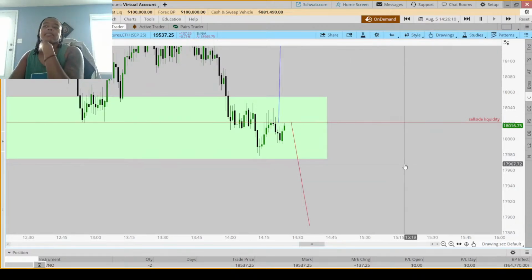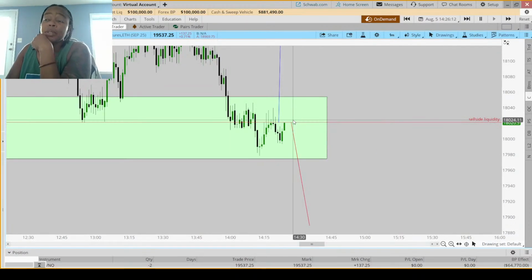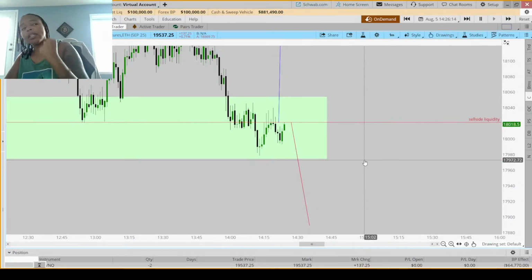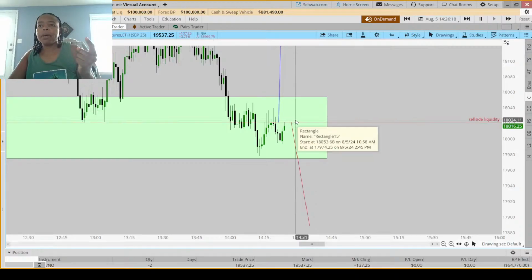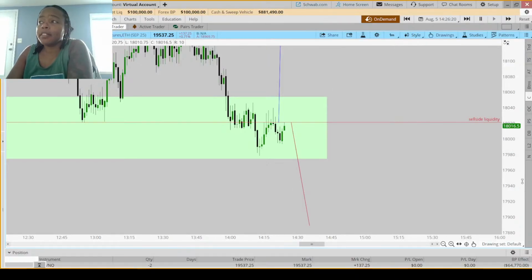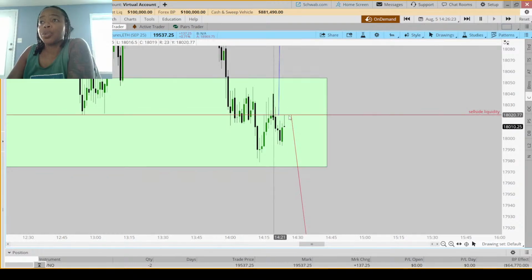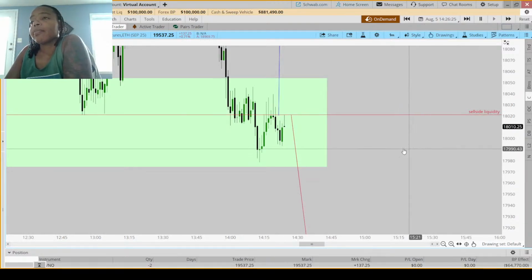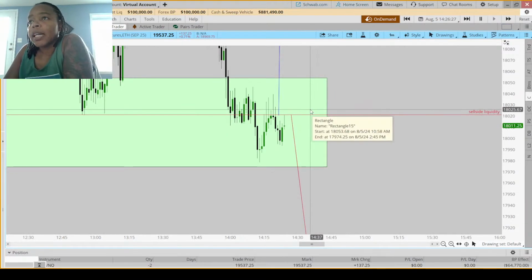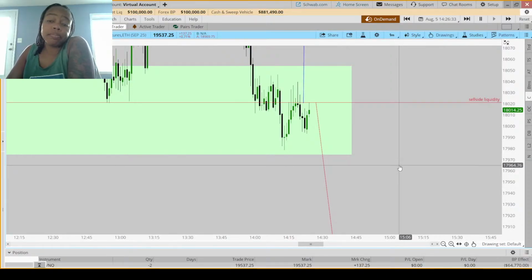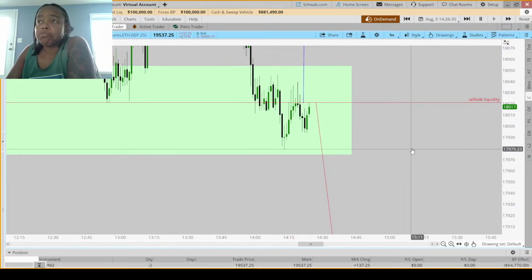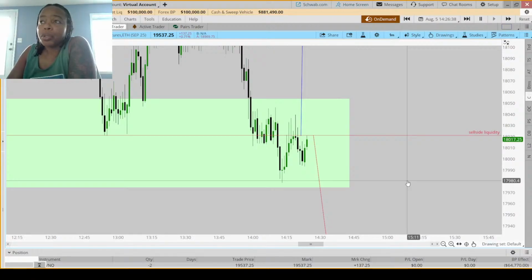226. And if I'd taken the short, like I'd been waiting for something to give me a long on this day, I would have been just about to be stopped out if I had taken the short here. Because I would have taken it at the body, so my stop would have been right there. We tap that. I don't know. Do we just drop from here or do we run up? Right now, I'm not gonna lie, it looks a little juicy for the long that I've been waiting for all day.